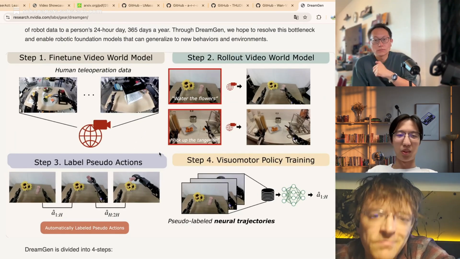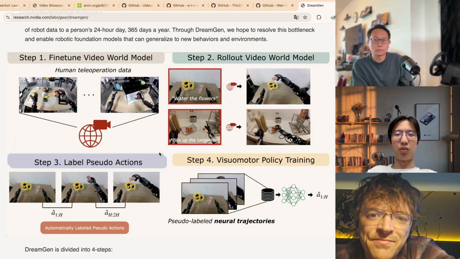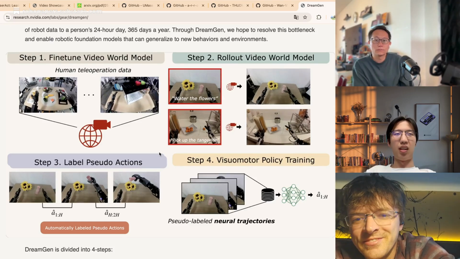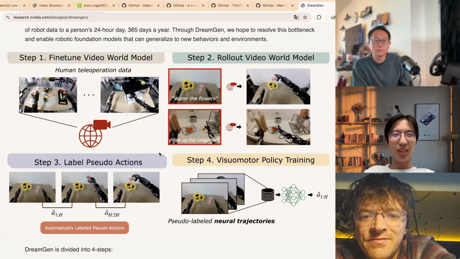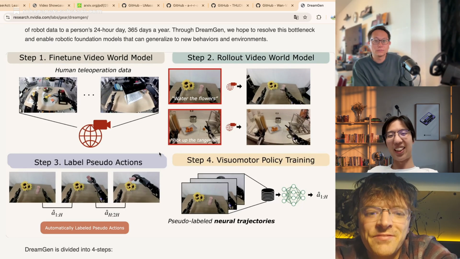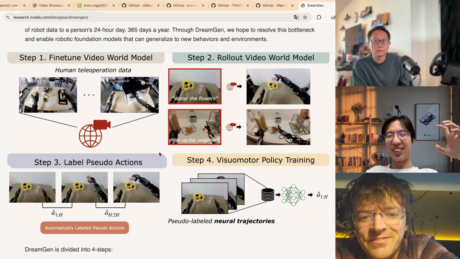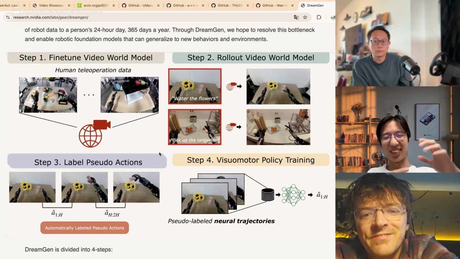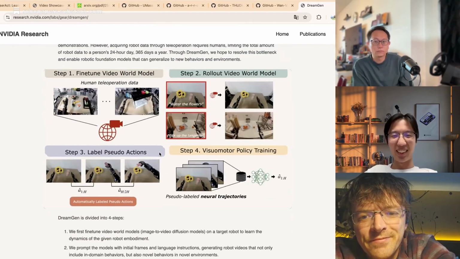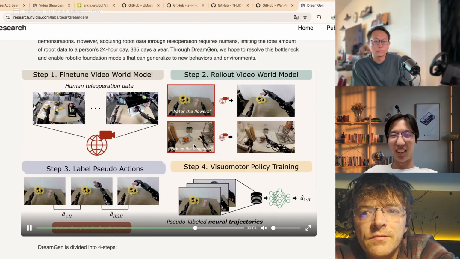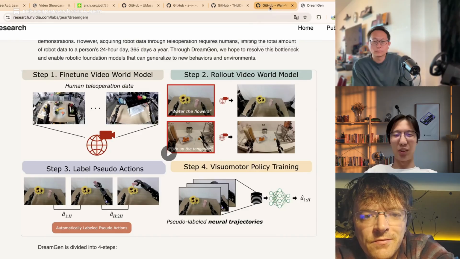They use a world model to generate more data to train their robot better. And then if we have a better robot, we can collect more video data to train our world model. That's really promising for me. So I would recommend these two papers.